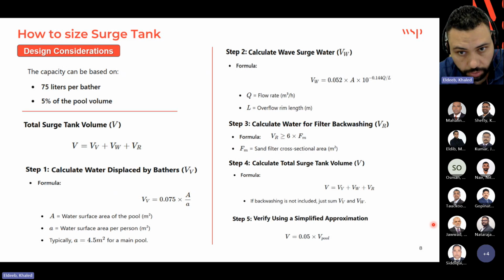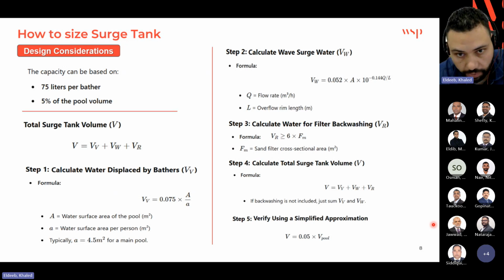So we should gather all necessary information in order to size the tank, such as the pool surface area, the surface area of the pool in square meters, and the maximum bather load, or swimmer load, they call it bather load actually. This is the estimated number of swimmers at peak usage, which is considered usually